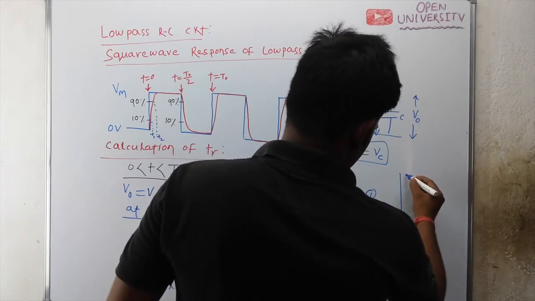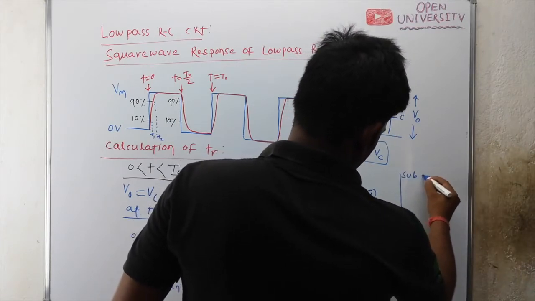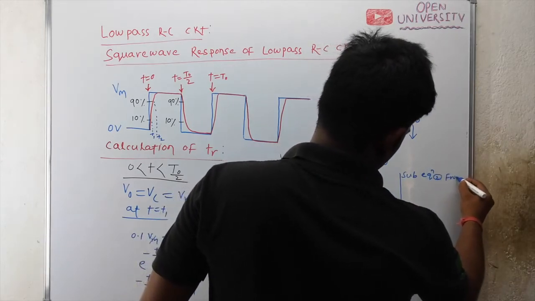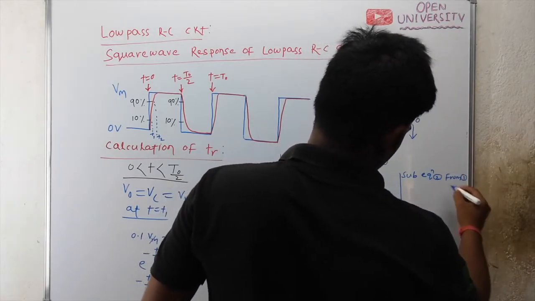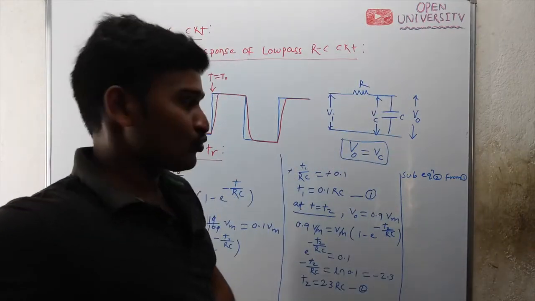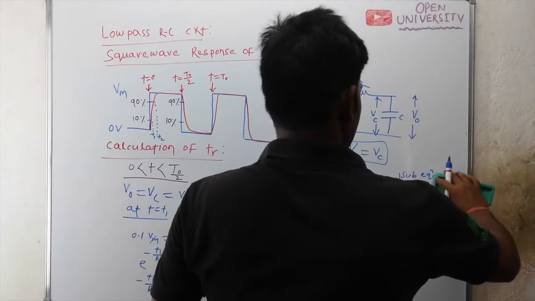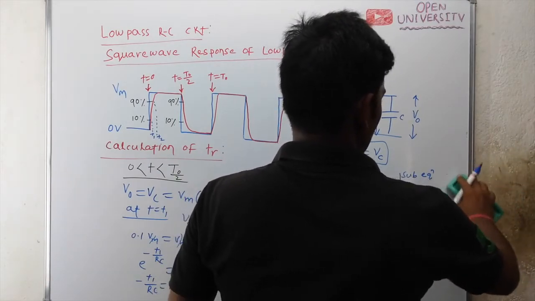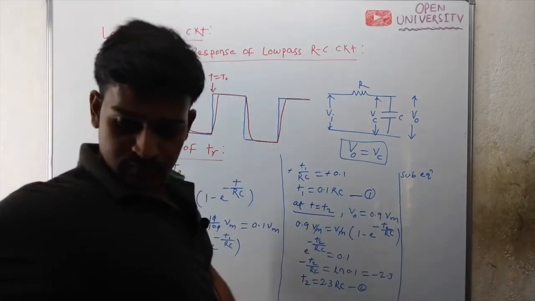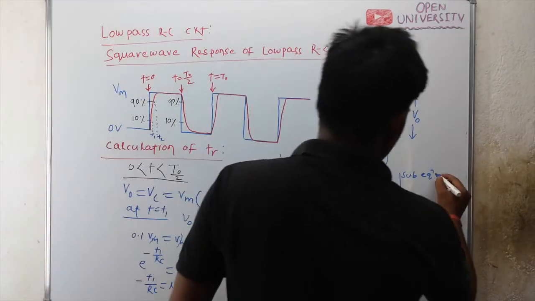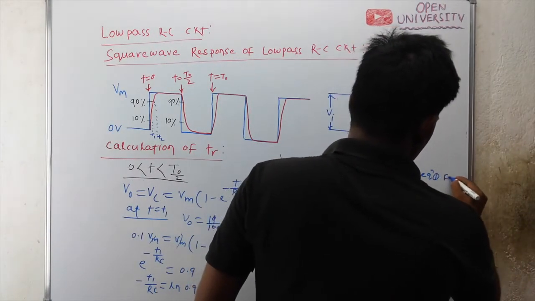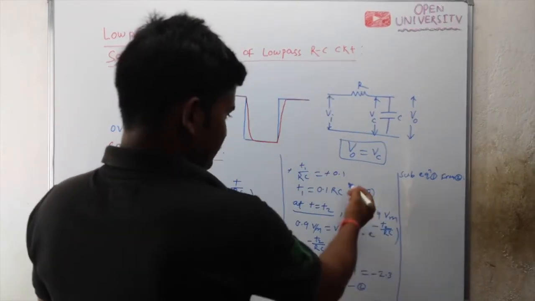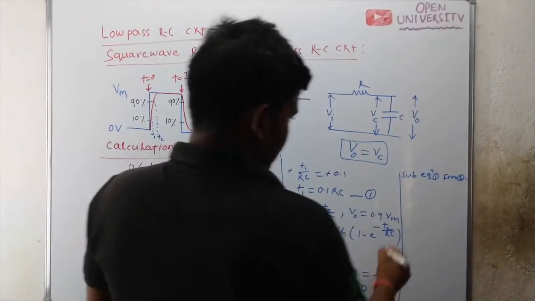Subtract equation 1 from 2. If you subtract this in T2 minus T1, then rise time will be